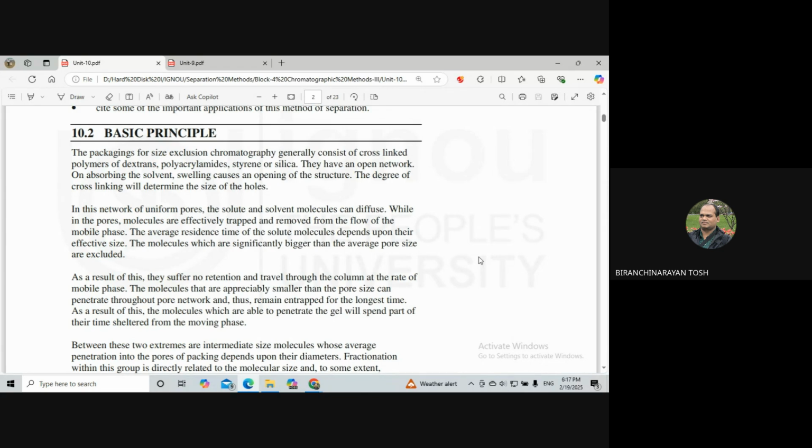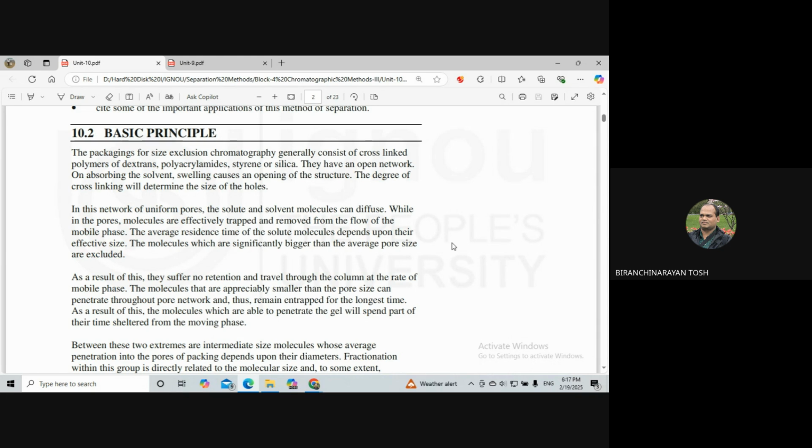The molecules which are significantly bigger than the average pore size will be excluded. That means they will come first from the column. As a result, they suffer no retention and travel through the column at the rate of the mobile phase. The molecules that are appreciably smaller than the pore size can penetrate throughout the pore network and thus remain entrapped